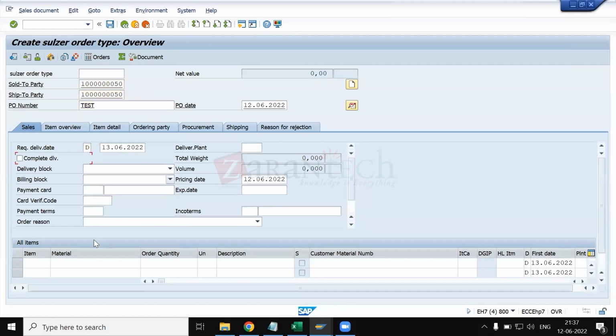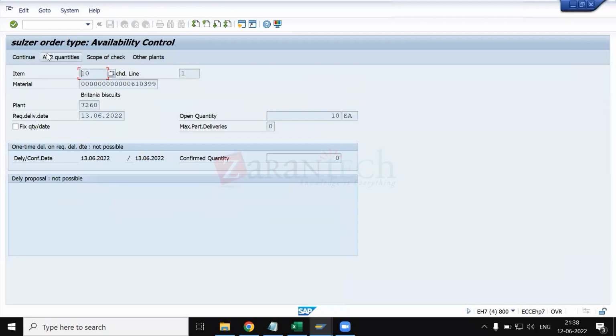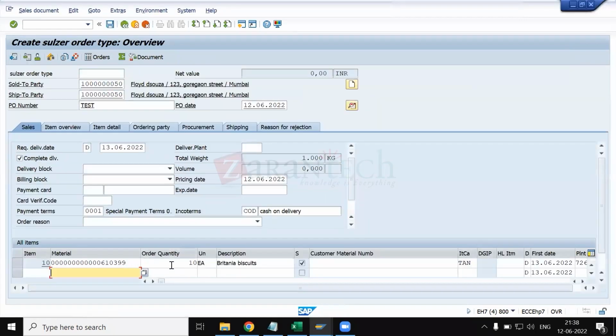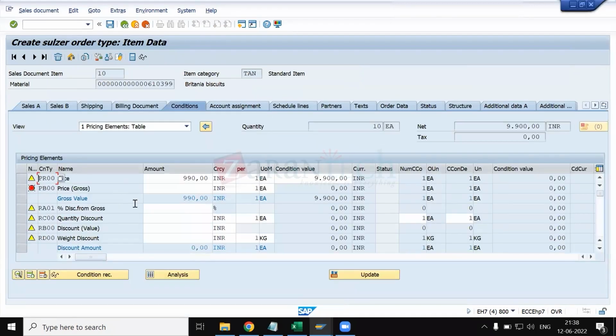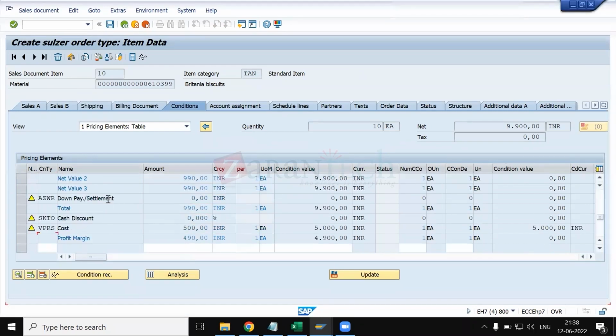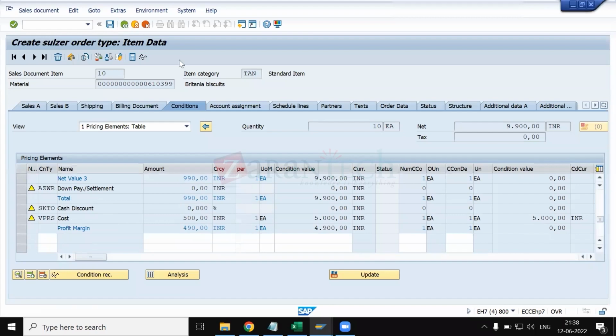Okay. Now our standard process, I'm entering the material. For the material, I have already assigned some pricing procedure, so I will just continue here. You can see there is no condition type available now, or it has been set as inactive. Right. Now if I just go back here